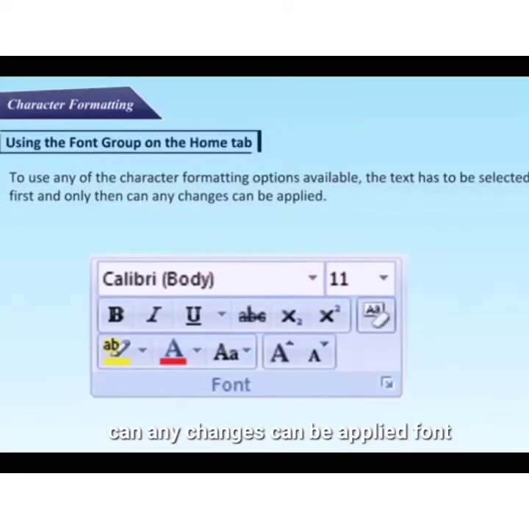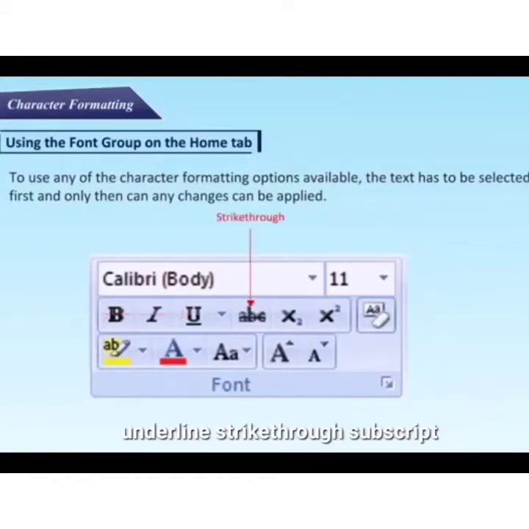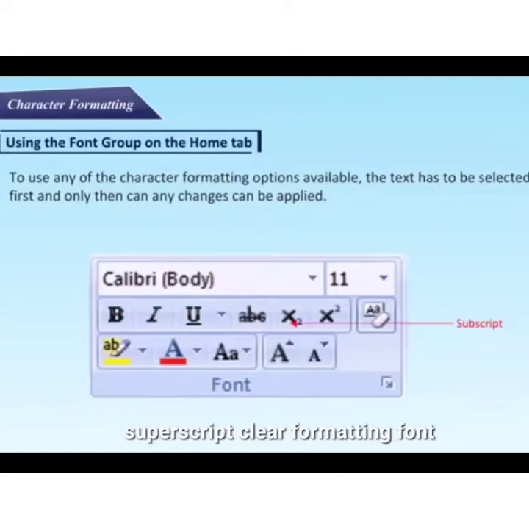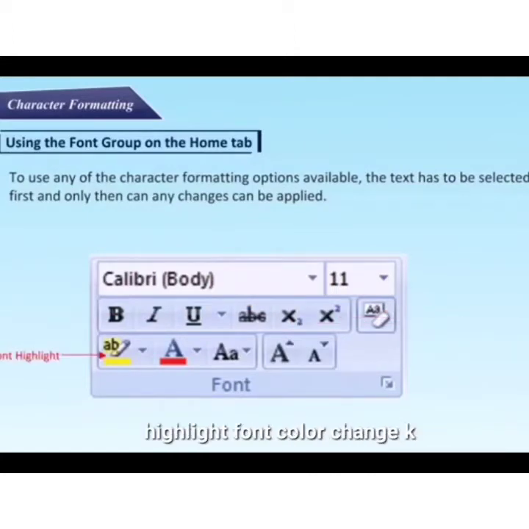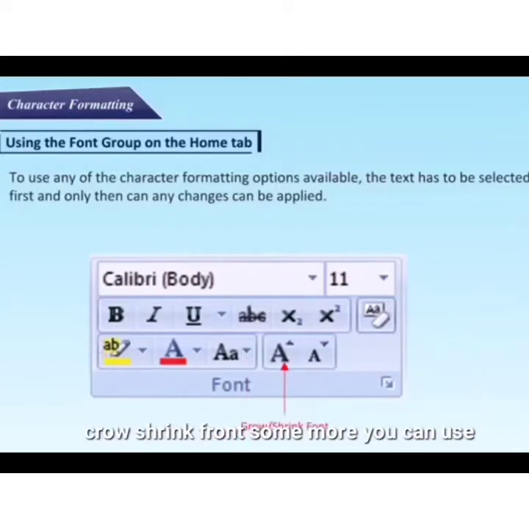So they are font typeface, font size, bold, italics, underline, strikethrough, subscript, superscript, clear formatting, font highlight, font color, change case, grow or shrink font.